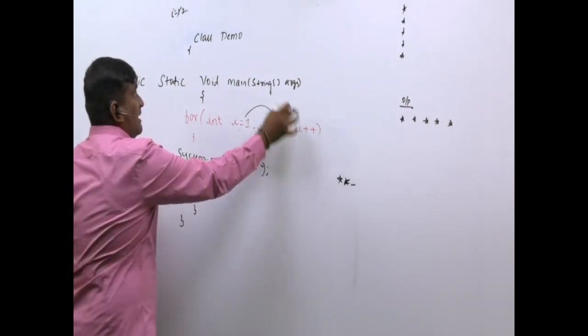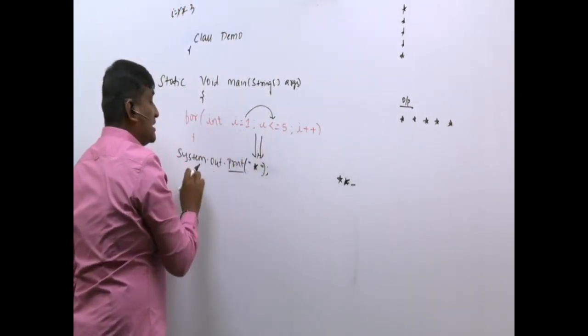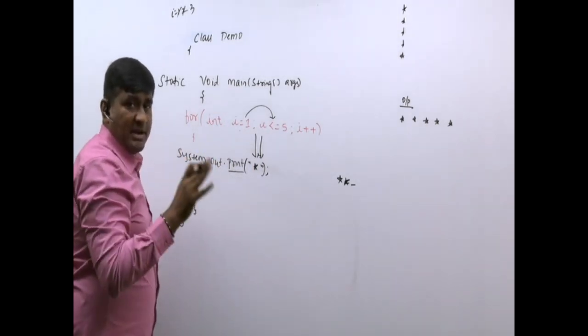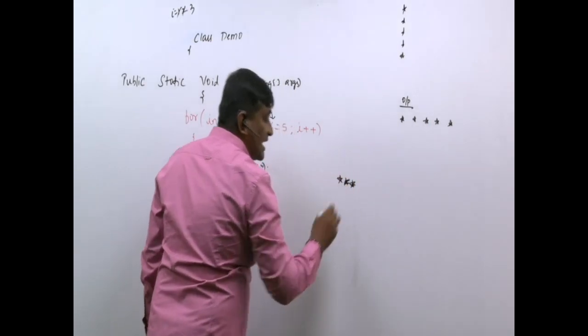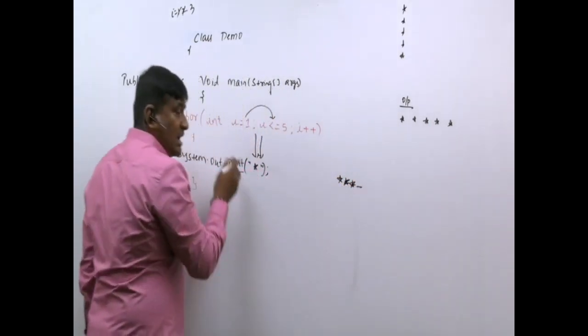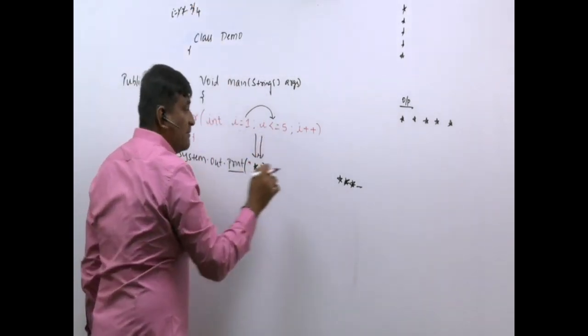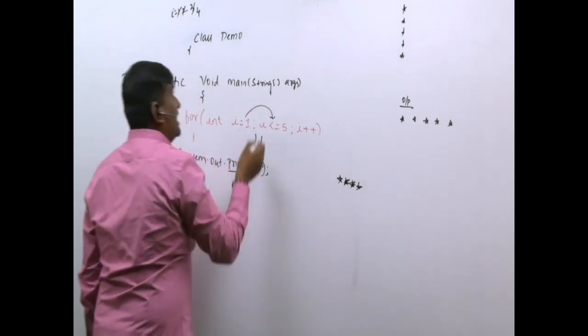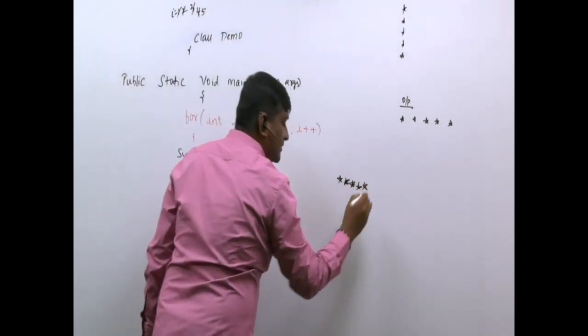Now after that, increment, I value becomes 3. Is 3 less than or equal to 5? Yes, come inside. System.out.print, println or print, both of them are used to print only. So it will print star. Since the cursor is here, the star gets printed here and will the cursor go to the next line or the same line? It will be in the same line. Again increment, I becomes 4. Is 4 less than or equal to 5? Yes, come inside, print star. Again increment, 4 becomes 5. Is 5 less than or equal to 5? Yes, come inside, print star.